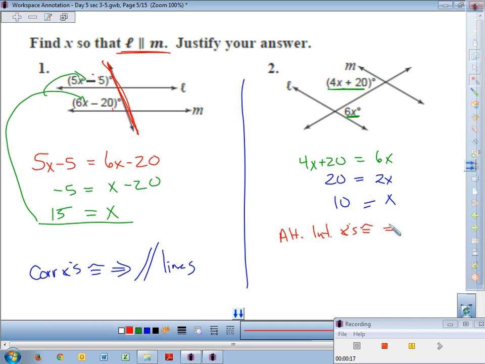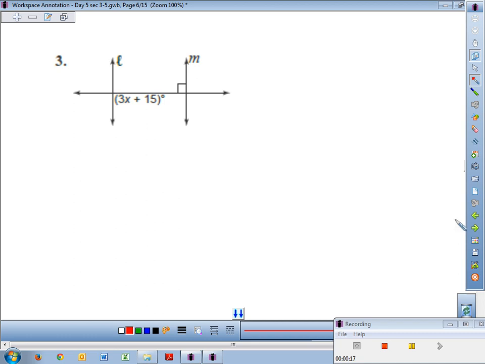And that would imply that we have parallel lines. Hey, I didn't do it. Here again, these are alternate interior angles. Remember, this one's 90, and we're trying to prove those guys congruent, so we want these to be equal